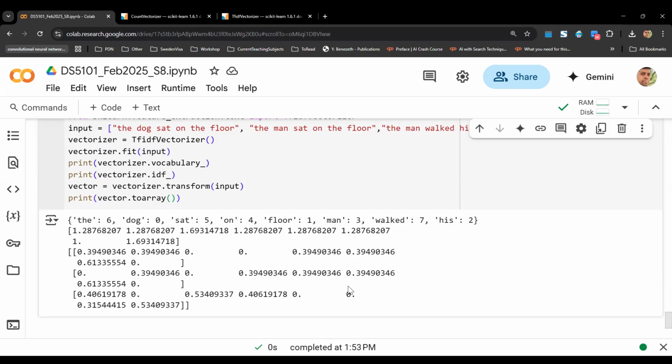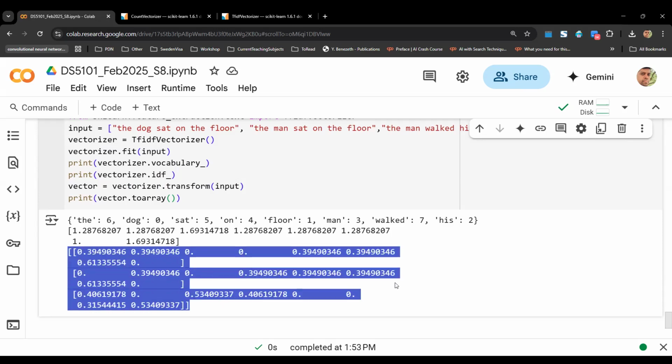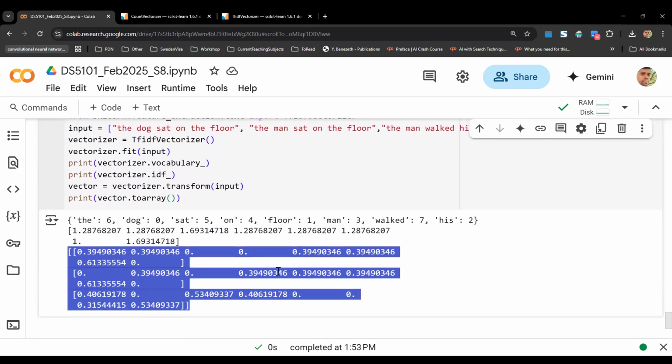You can notice that this will transform into a matrix form, although the numbers will represent a slightly different idea. And in this one also you can notice